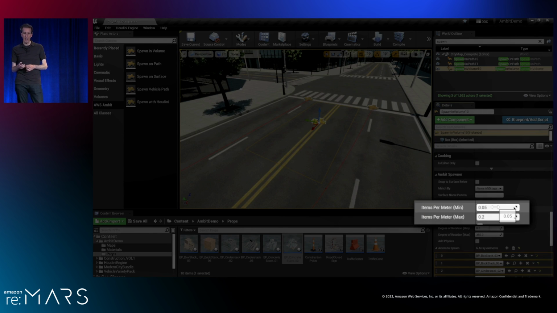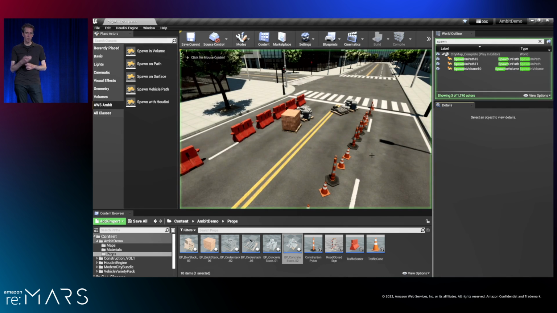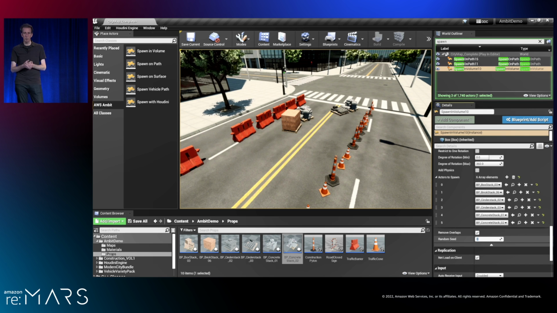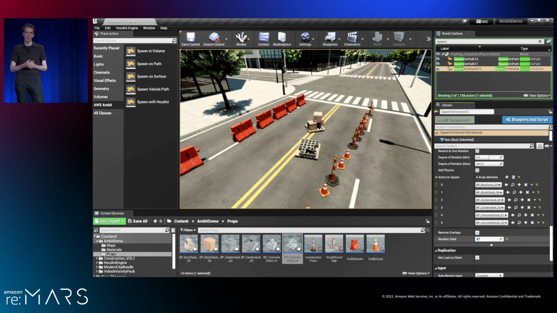And with those added, this time I am going to use the range for my density. I'm going to set a pretty wide range, and you'll see why that's useful in just a moment. Finally, we'll enable that snap to surface feature again. And when we preview this, now you see all these construction materials sort of spawn into that location. And because we've used a wide range, when we generate the different variations, it's always going to pick a different value within that range, which can give us very densely packed variations and some very sparsely packed ones.